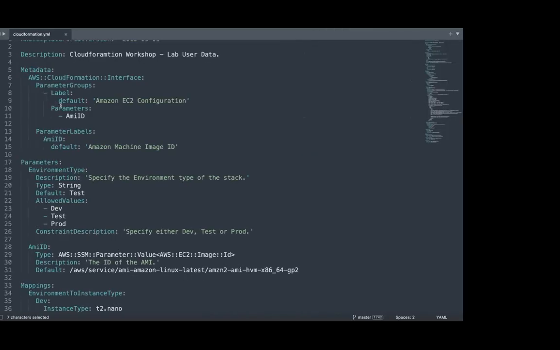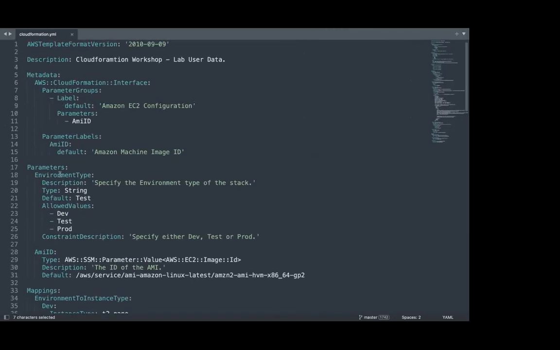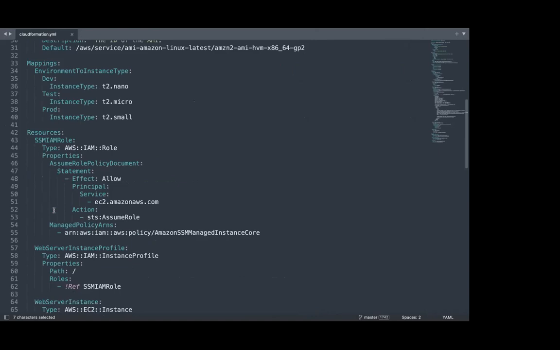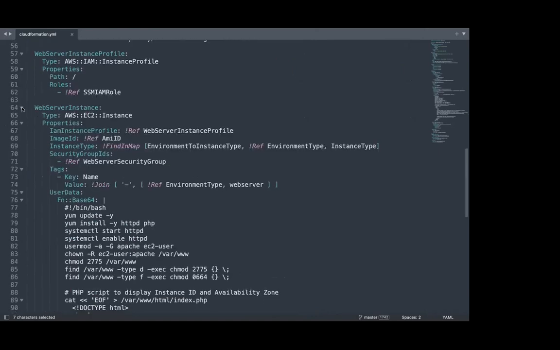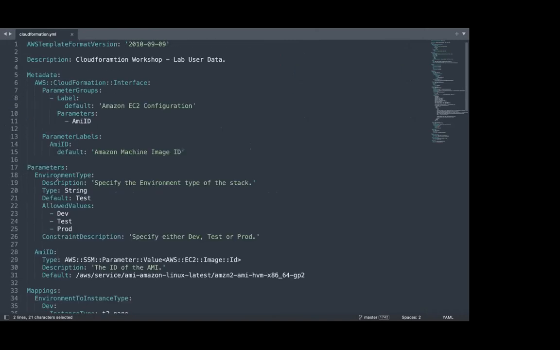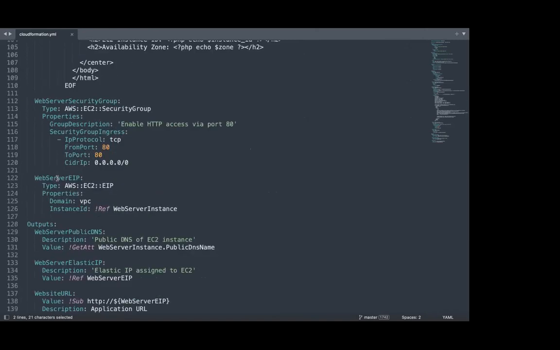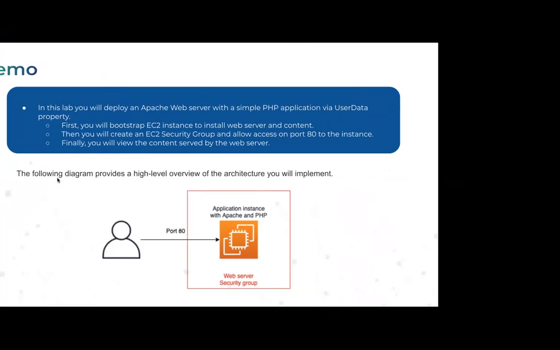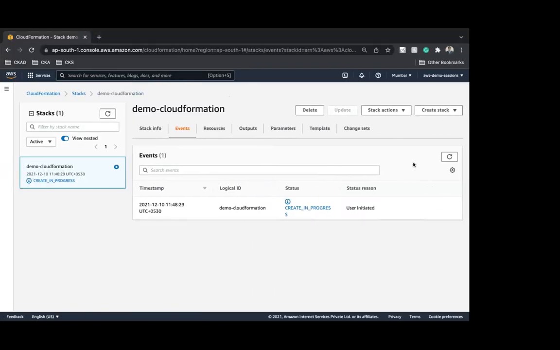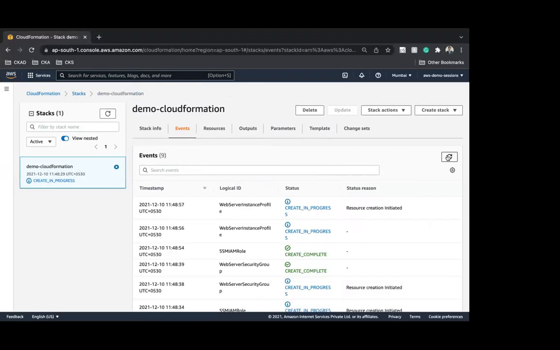So if I go back to my template file, it's going to charge me for this EC2 instance, or some of the data and other things. But it's not going to charge me for deploying this template in the form of a stack. So please watch out, CloudFormation service is free, but it's going to charge you for the resources which you deploy via CloudFormation, which anyway, whether you deploy via CloudFormation or manually, you have to pay for the services which you launch.